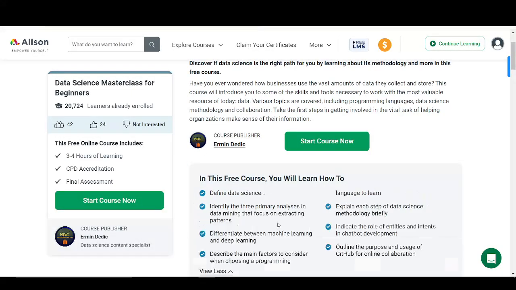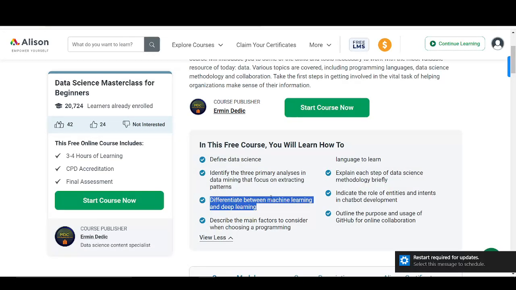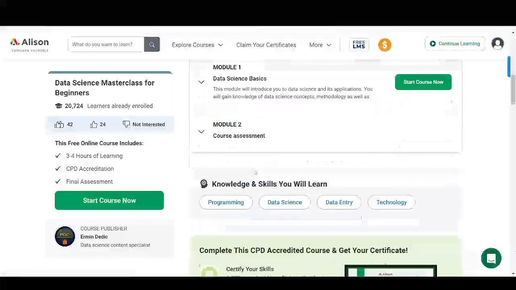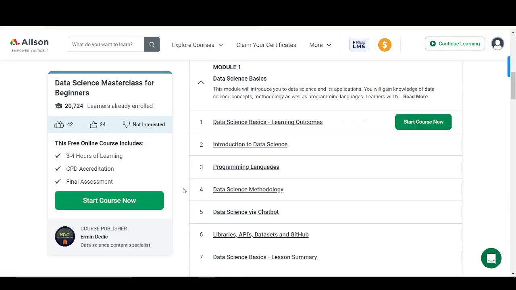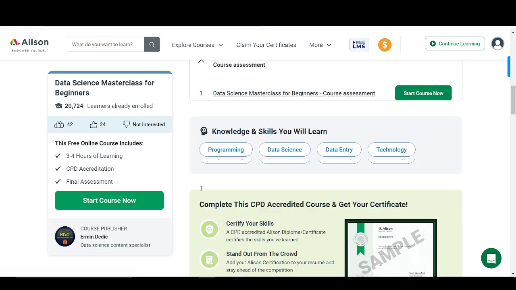And here it says you're going to be learning how to define data science, explain each step of data science methodology briefly, differentiate between machine learning and deep learning. Okay, so for this one, it has 2 modules. So the first module has all the information you need: introduction to data science, programming languages, data science methodology, data science versus chatbot, libraries, API, data sets, and GitHub. Data science basics. So it's like the summary,